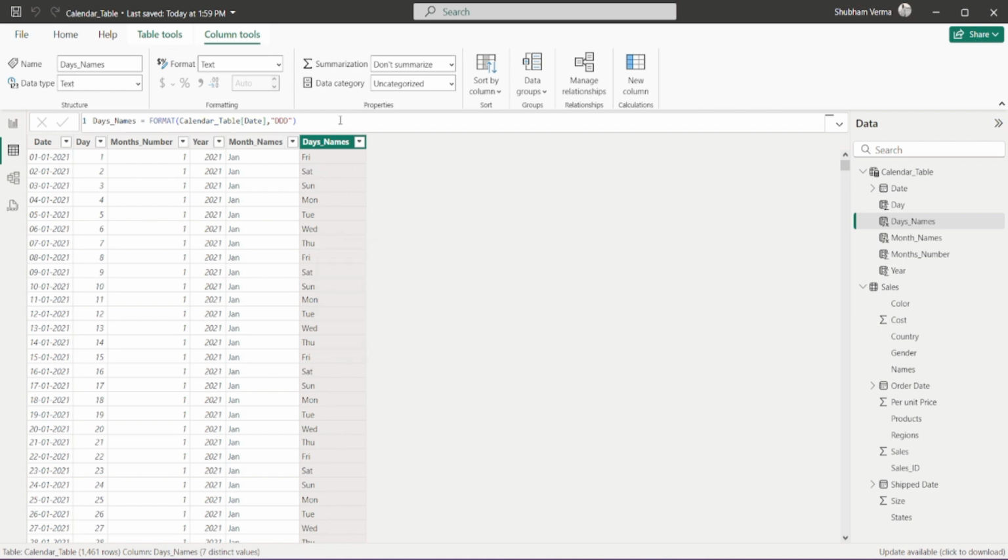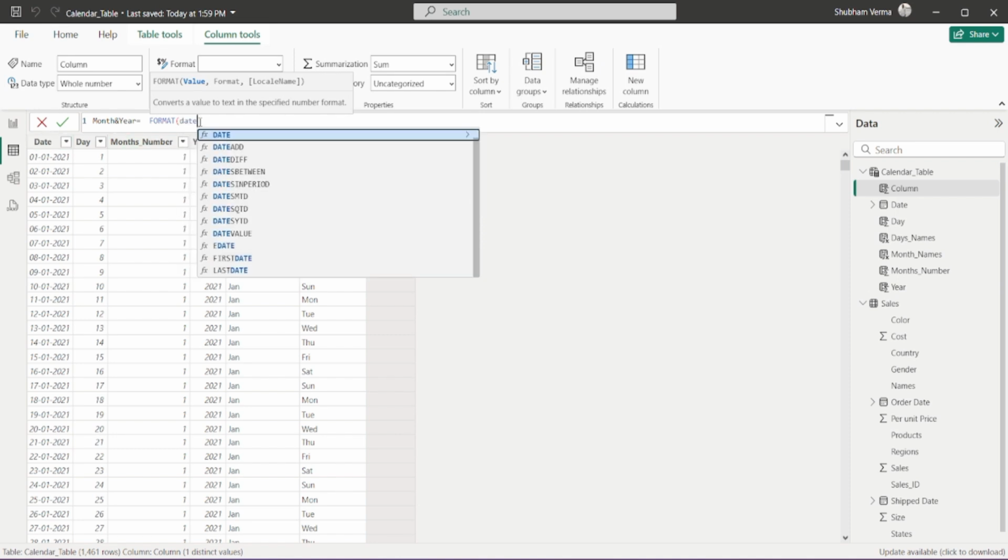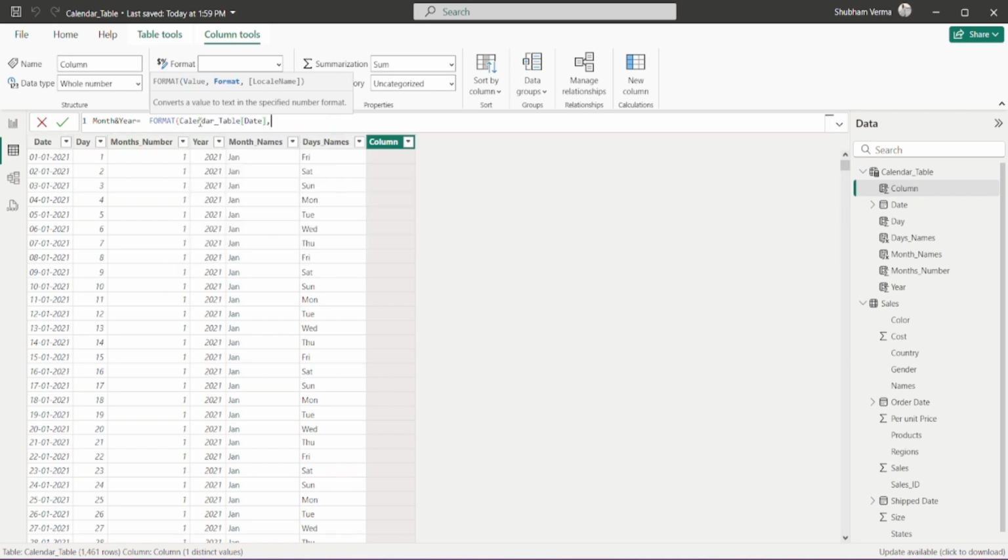And now guys, let's create more combination with format function. So this time I will extract month and year together. So let me go here under this new column. And my column name would be, let's say, month and year. And I will simply use format function. So the first parameter is value. So under value parameter guys, I will simply take this date column, which is from the calendar table, comma,